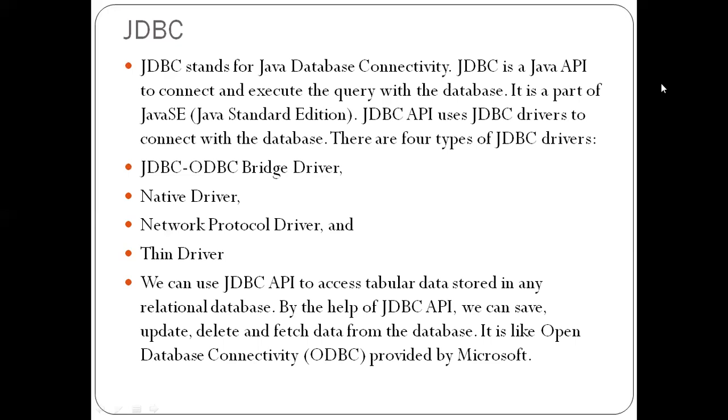That is, the driver program is partially written in Java and partially written in native languages like C and C++, and it does not use an ODBC driver directly. That is, it connects directly with the database. So the type 2 driver is faster than the type 1 driver. This type of JDBC driver converts the JDBC API into the native API of the database in order to communicate from Java to the database. And these type 2 drivers are database dependent because the driver internally uses the native API